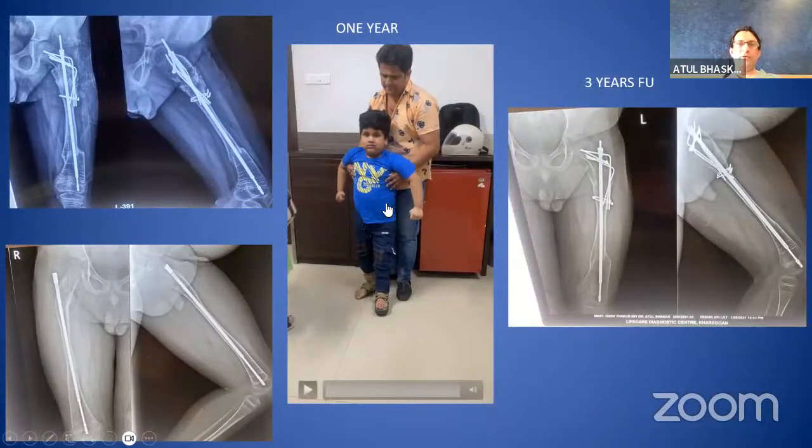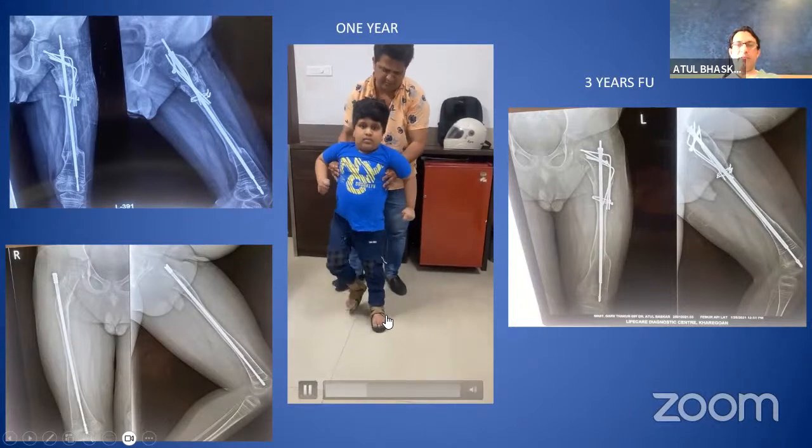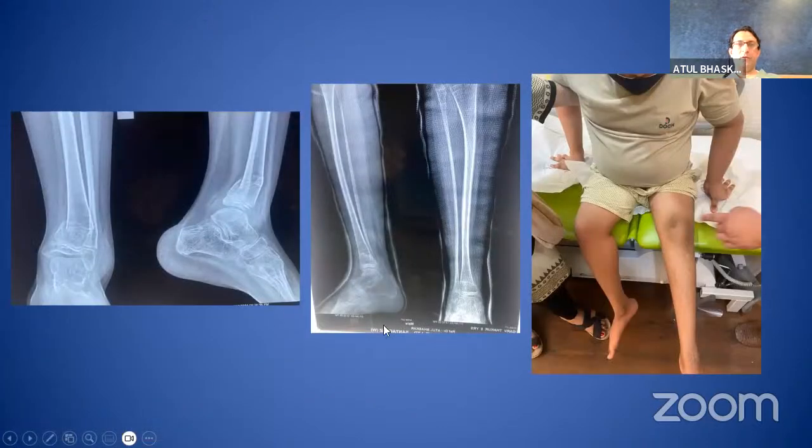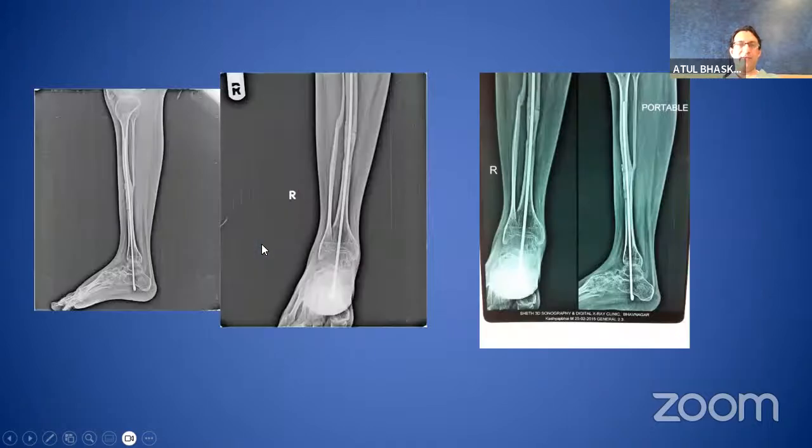This child was non-ambulatory initially because of repeated fractures in the proximal femur. He's the one we did a Wagner's osteotomy on. On the right side, we put a telescoping nail. On the left side, he needed the procedure. He's at 3 years follow-up. We just revised his nail recently. He walks with the help of a walker. He's got some limb length discrepancy, but at least is able to weight bear on his own. He recently had a tibia fracture as well, and hence now I'm very particular about rodding these bones prophylactically.